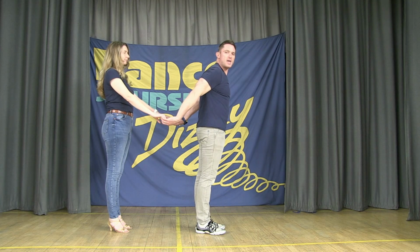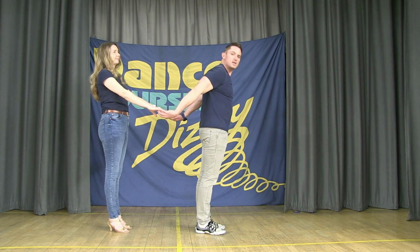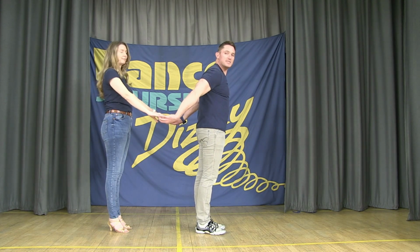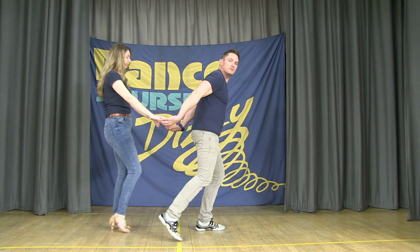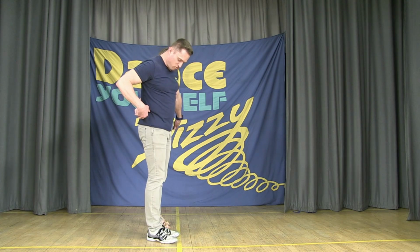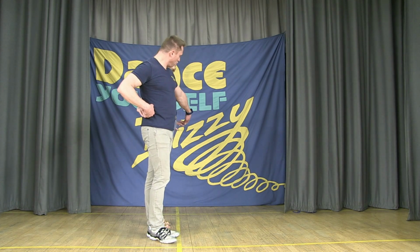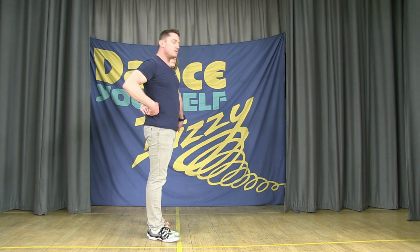At this point here, there's a little bit of tension in your arms, and you're kind of at a distance from your partner. From here then, men, keep the hands at waist level. The man is going to take a step back to the right, okay? Not straight back onto the partner's toes, but you step back to the right and you bring your right hand towards your right hip and you pull with the left hand to make the lady step in beside you. So you're now side by side, all hands at waist level,